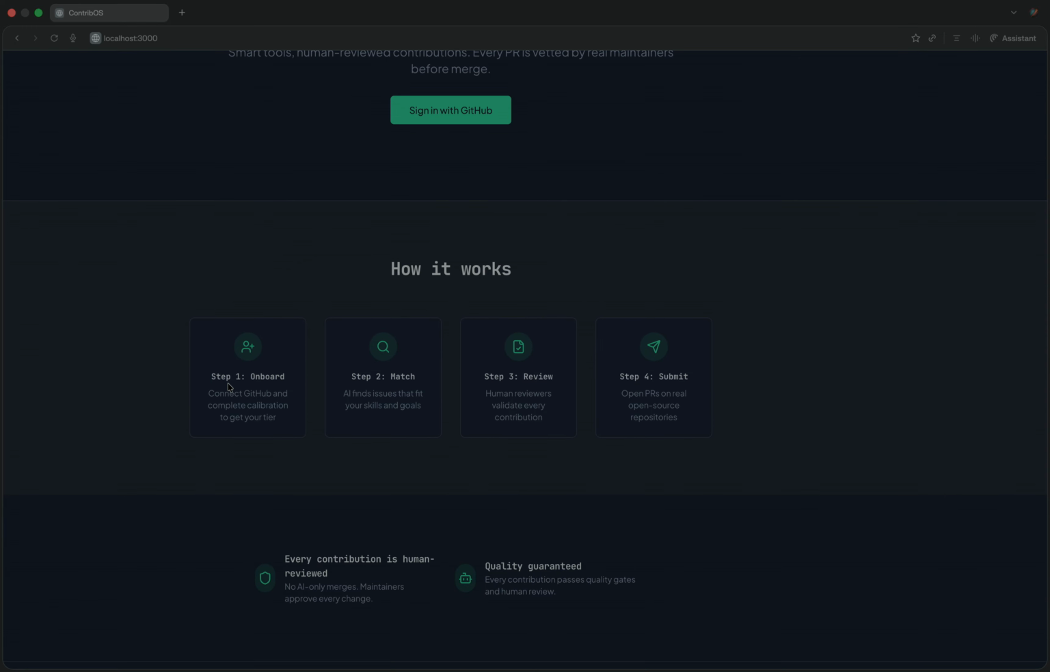The first step is your onboarding step, where you will connect your GitHub profile. You will answer some questions which will calibrate you and your skills, and will give you a tier. So we have different tiers for different skills and different experience levels. If you are very naive, we won't be giving you very tough issues to solve, but will match you accordingly to the issues that are currently relevant to you, and based on the progress that you have made in the platform, we'll try to upgrade your tier